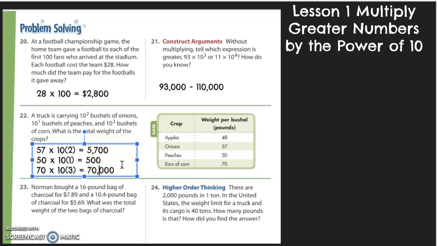Woo! Adding them up, it looks like to me, if I added the hundreds, I would get a 12, carry the 1. Then I would get, I think, a 6 and keep the 7. So my total answer would be 76,200. And then we got to find out what is our total weight, and we are doing pounds,